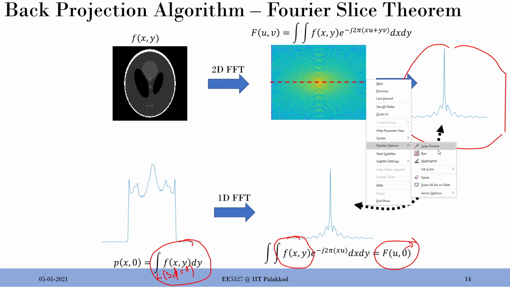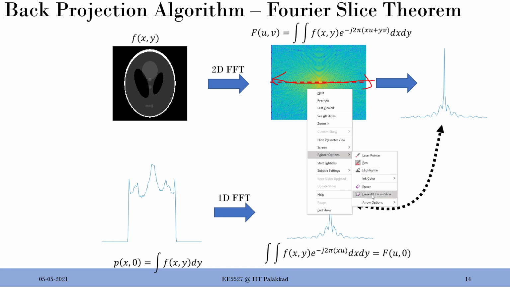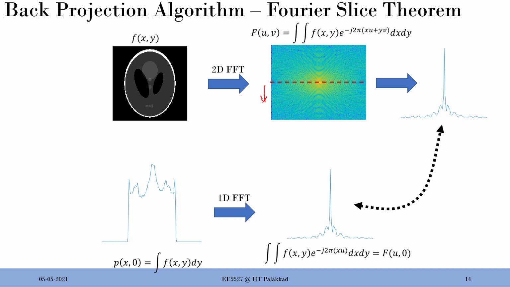So the takeaway point here is: you take the 2D Fourier transform, and then take a slice out of it. That slice is determined by the angle. In this case phi equal to 0, so it is at this point, and that means v equal to 0 and u has some value. u is actually varying across, v is 0. Remember the axes, just to give a picture: this is v and this is u. So v is put as 0, u is varied, and that corresponds to phi equal to 0. If I take that slice, it is as good as taking the projection at phi equal to 0 and taking the Fourier transform of it.